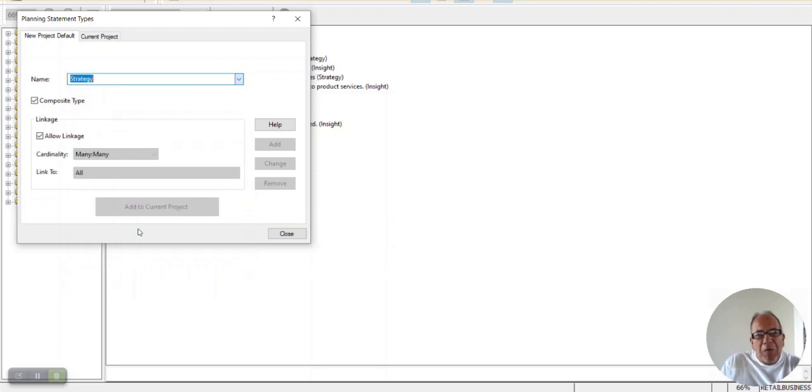Okay, and when we define a particular type of planning statement, we have the opportunity to express whether it's a composite type and how we want to be able to link it. Remember, I referred to these planning statements being linked together in that hierarchy. How we want to be able to link it to other objects in our project. Okay, so here the strategy type of planning statement is in fact a composite type of planning statement, and we have set it up to allow linkages to all the other planning statements,